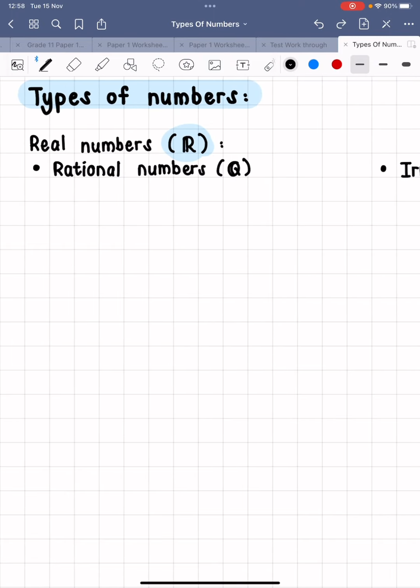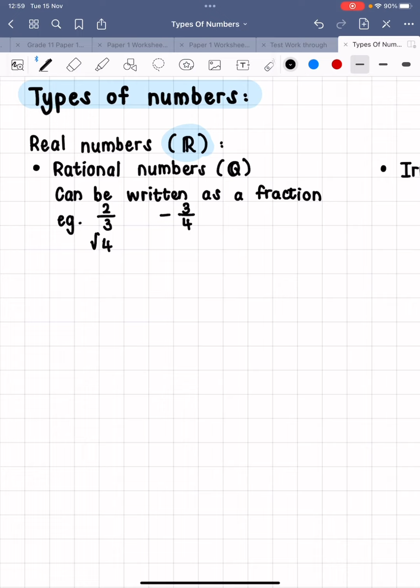Now a rational number is any number that can be written as a fraction, essentially, and the fraction has to be a fraction of a whole number over another whole number. So you can't have like 1,5 over 12, for example. We're talking about 2 over 3 or negative 3 over 4, right? A fraction like that. Now under rational numbers, you need to know that these include numbers like the square root of 4, the cube root of 27, basically any square root of a number that actually has a whole numbered square root,